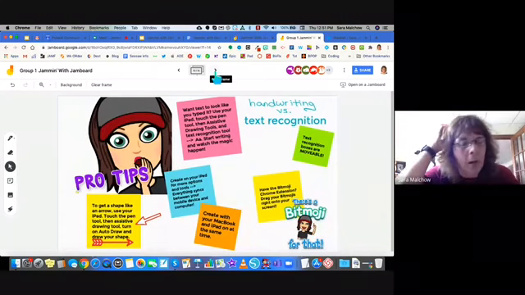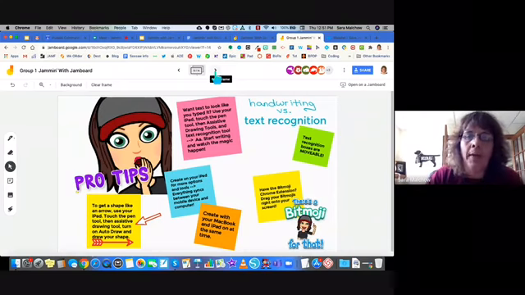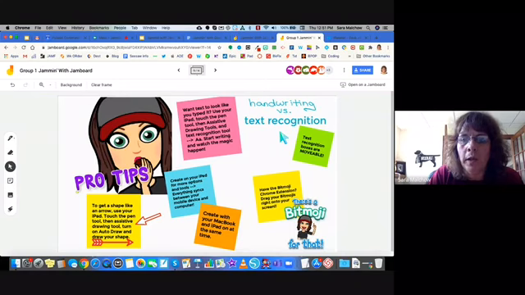Couple of pro tips here. I'm not going to go specifically through these. You can read through them. I also have these on that Wakelet board. Some of them we've already touched upon, like the handwriting and text recognition and the Bitmoji, dragging your Bitmoji in